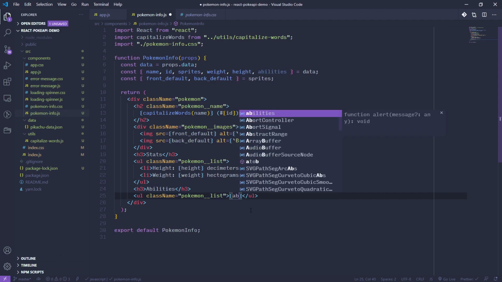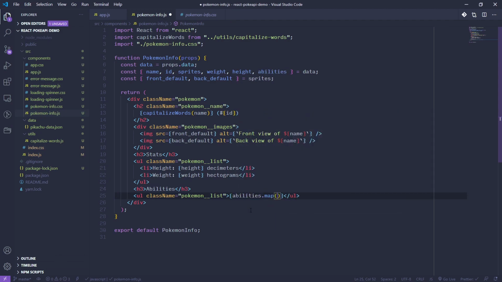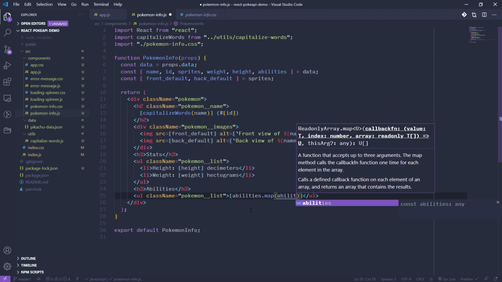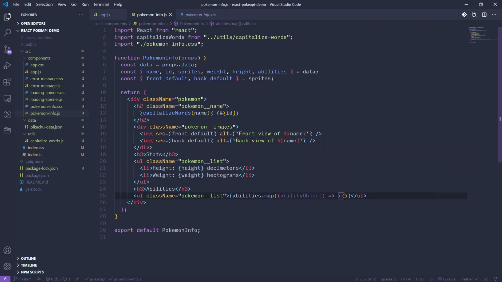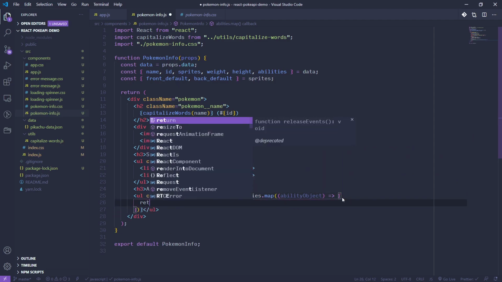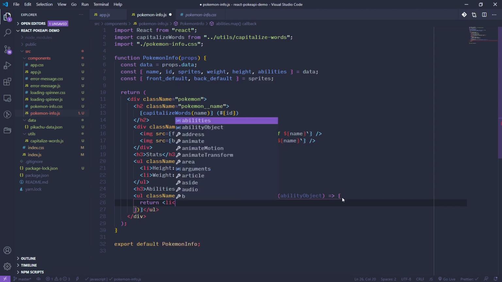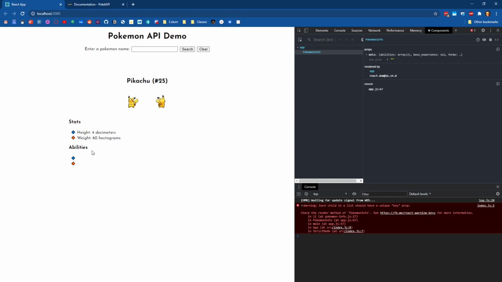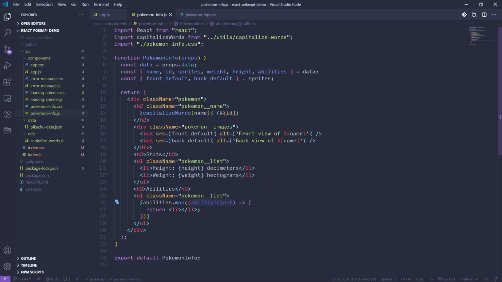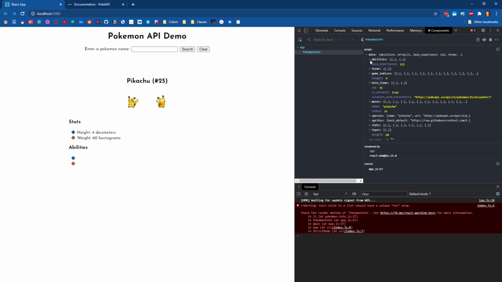So I'm going to say abilities.map, ability object in this arrow function here. And if I just return a list item with nothing in it, we should at least see 2 show up on the page, one for static and one for lightning rod. And then what we need to do is go into this ability object and actually grab that ability name and put it on the page. So if I look in here again,